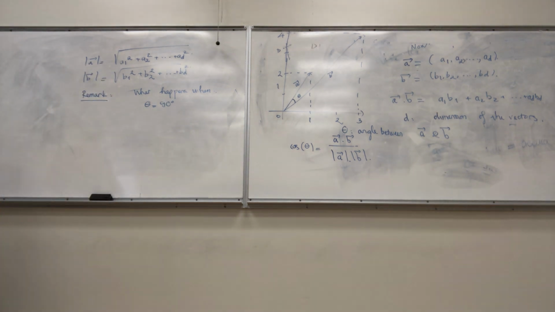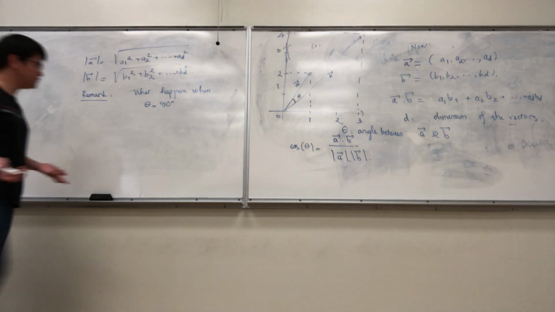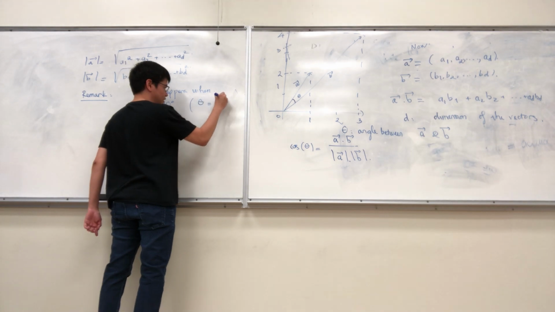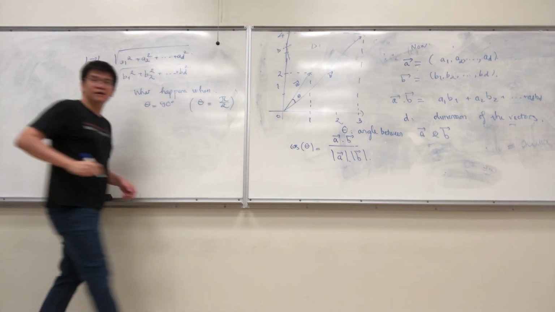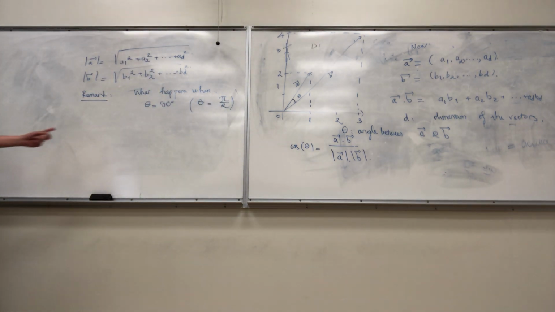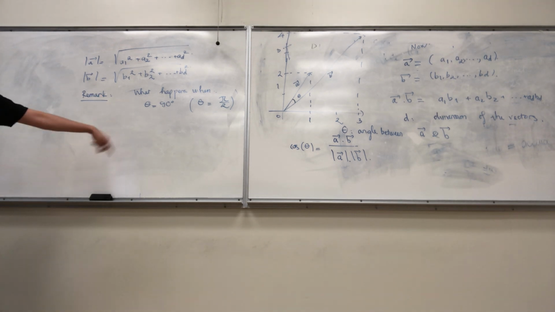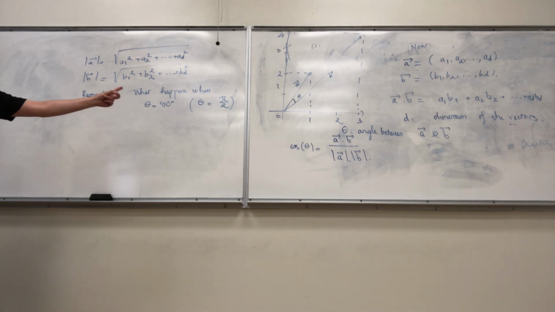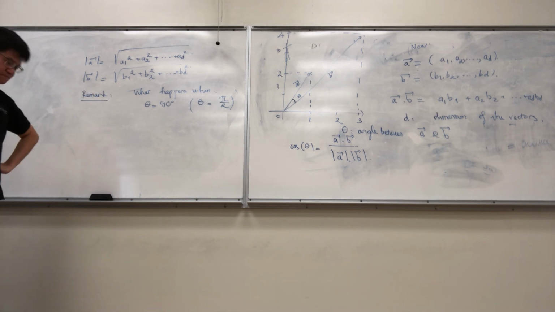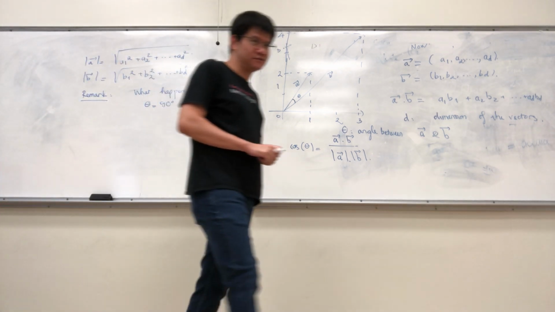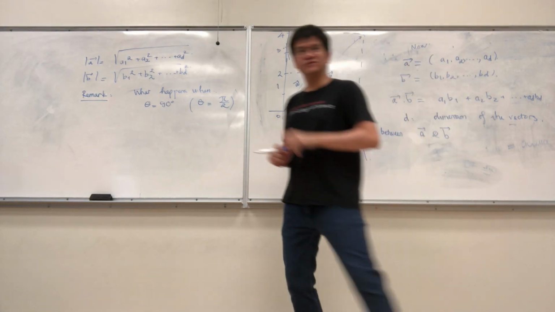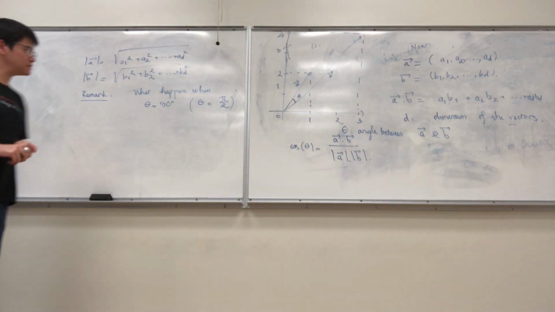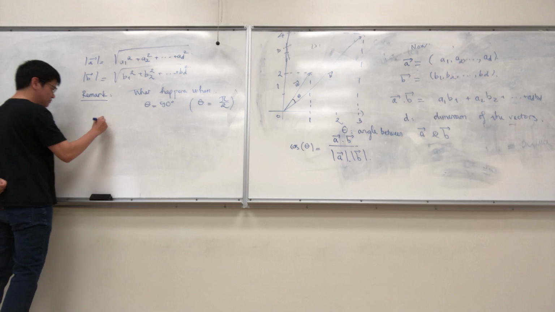You can write theta as 90 degrees or theta as pi over 2. They are equivalent. So when theta is 90 degrees or pi over 2, what is the inner product of the 2 vectors? 0. Yes, 0. So cosine of theta will be 0,